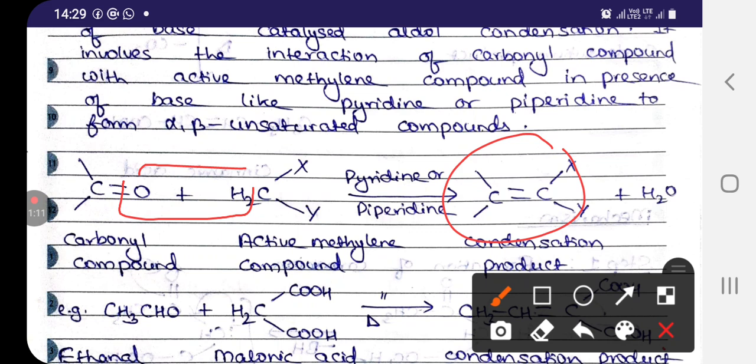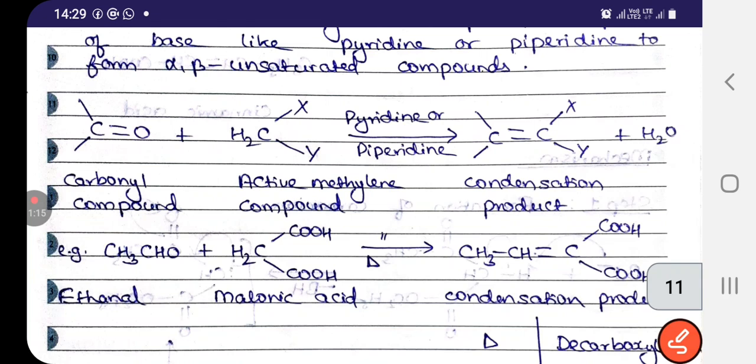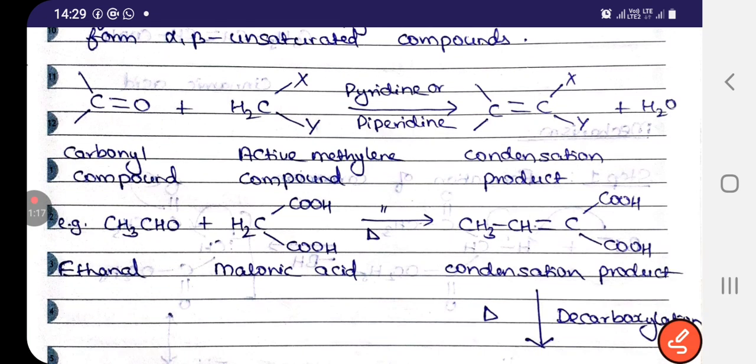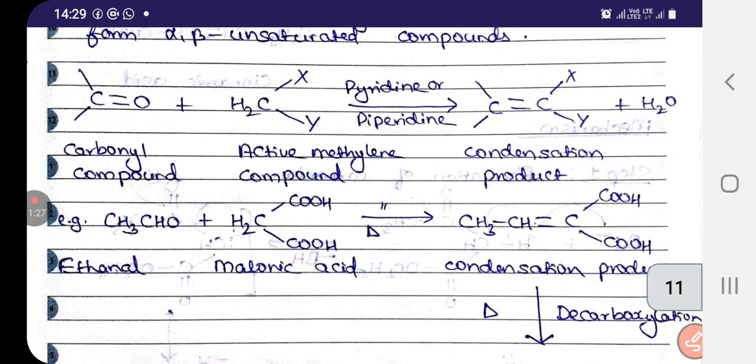Electron withdrawing groups may be of similar type, may be of different type, and there is an example, CH3CHO acetaldehyde reacts with malonic acid, H2C, and oxygen, water. There is a water